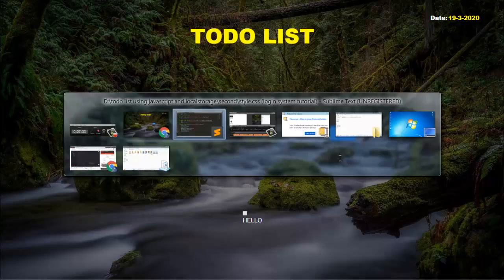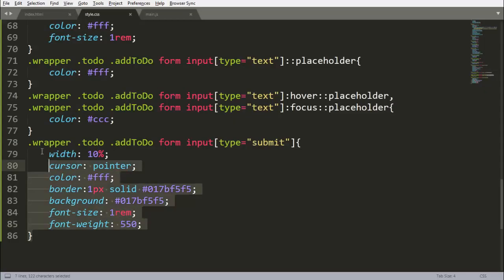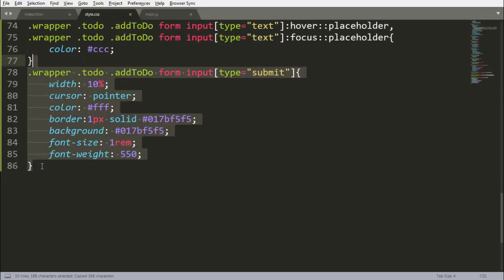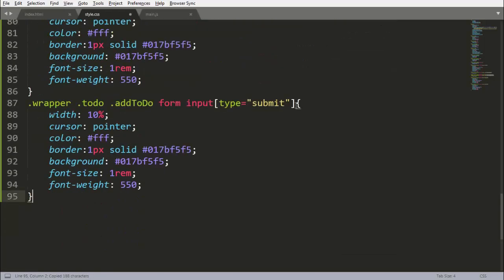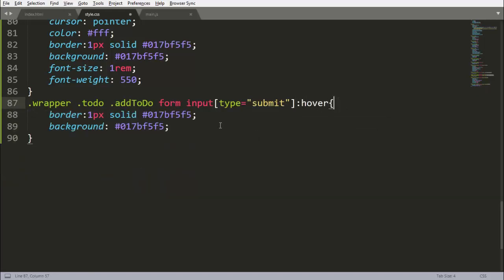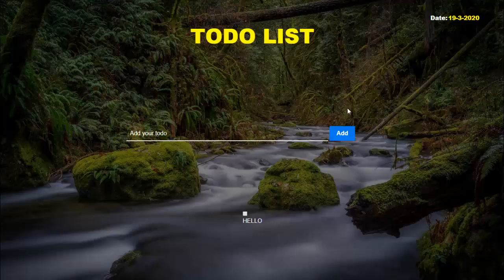But there is not any hover effect. So copying this, paste it here. When we hover on it, there will be just a change in the background here. We also don't want a change in the border. The f5 will be removed from the background here. Reload it. See that this is just a difference here. So now this interface is created.